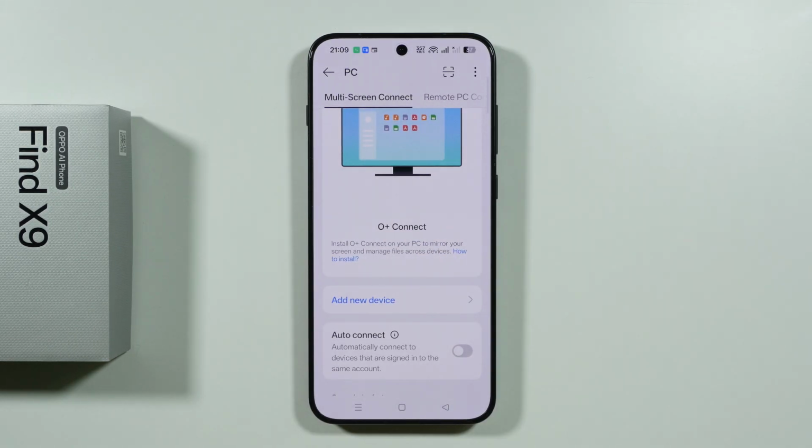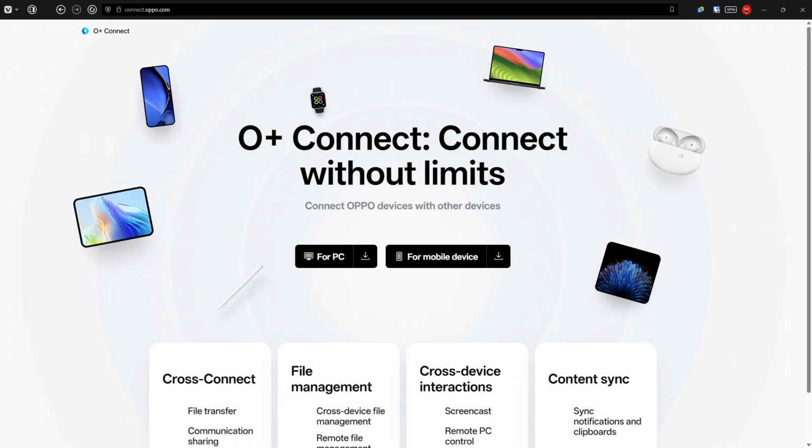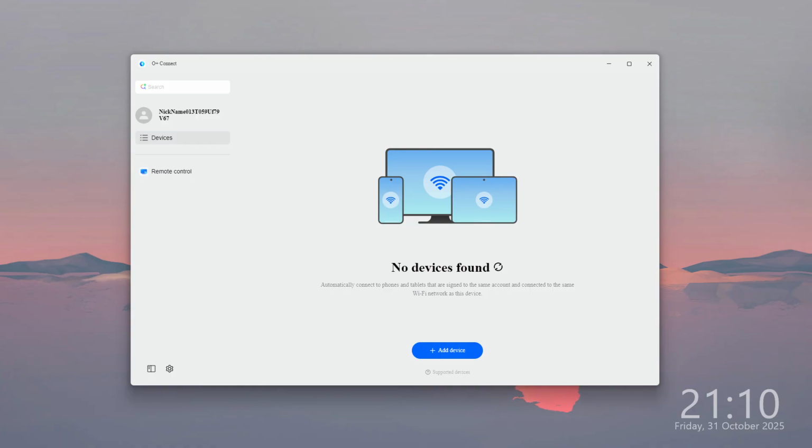You will have to download the O Connect app on your computer. So you want to go to OPPO Connect on the internet. So go to connect.oppo.com, and then over here you should be able to download for Windows or Mac OS. Now, once you install the app on your computer, you should be able to also sign into your OPPO account,